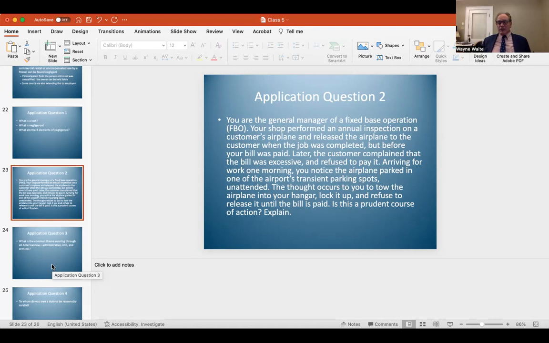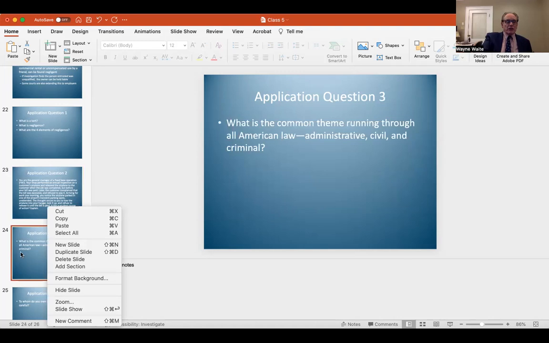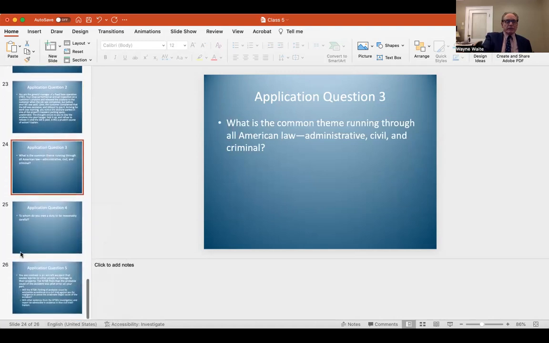Explain. I don't think so. You release the aircraft, you've given up dominion and control. For you to exert dominion and control over that aircraft after you've done that, I think that is a conversion. There are exceptions to that, but I think it's a bad idea.